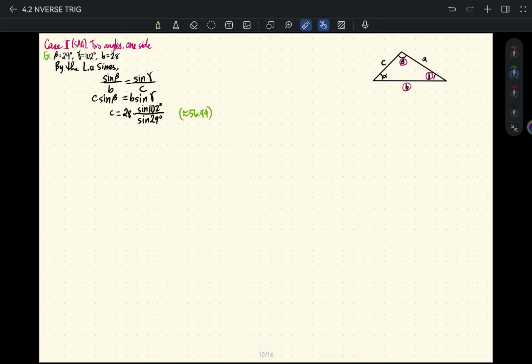Okay? Take note, class, in the exam, we don't have calculators. So expect that the given angles are the special values. But in our examples, I decided to not use special values. Okay? But don't worry, in the exam, we will be using special values. So it will be easy for you to evaluate without a calculator.